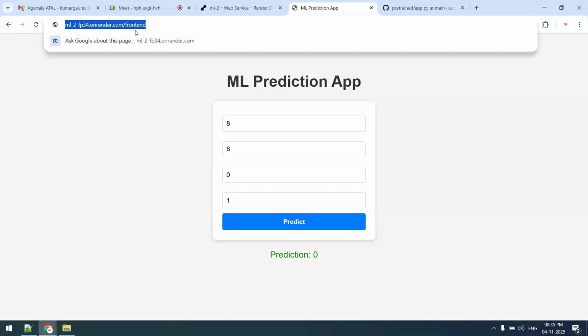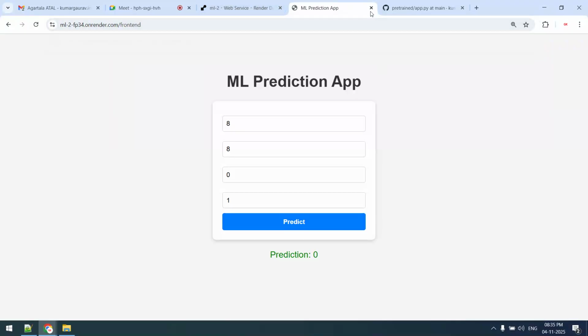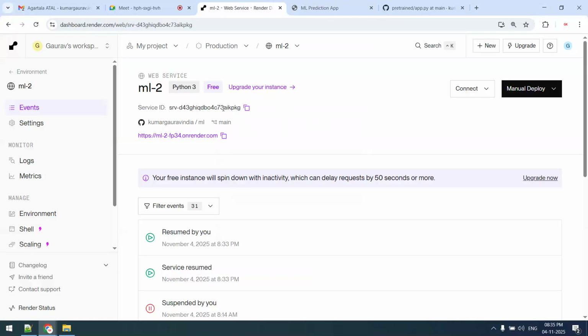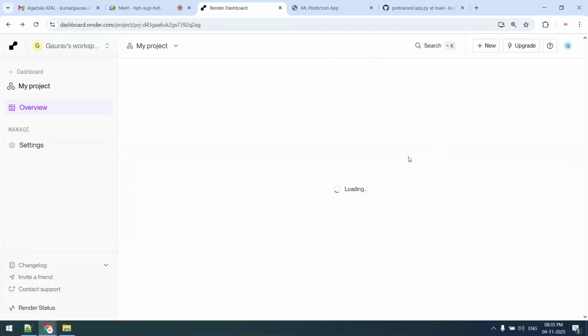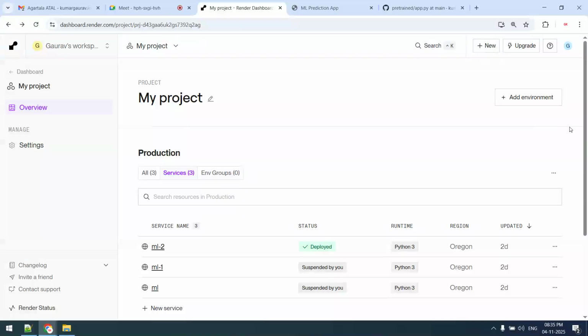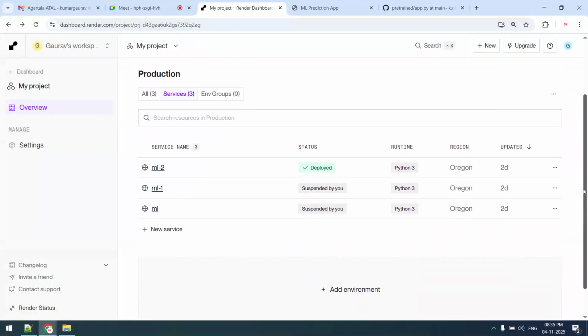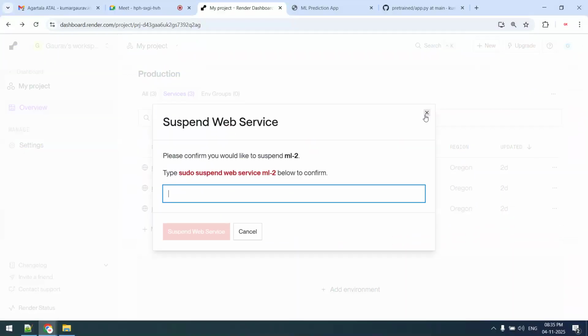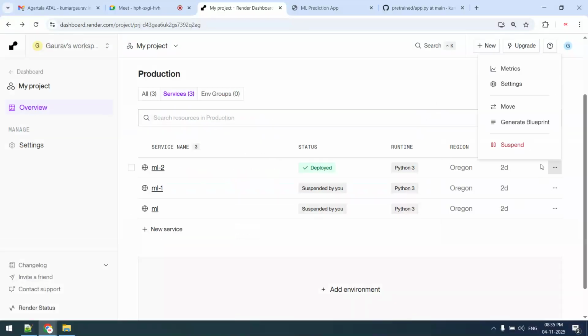So where I'm running, it is getting executed on render.com. From where this link is coming, this link is from here. Okay, any number of services you will be able to create. Okay, after working, so at backend it is working